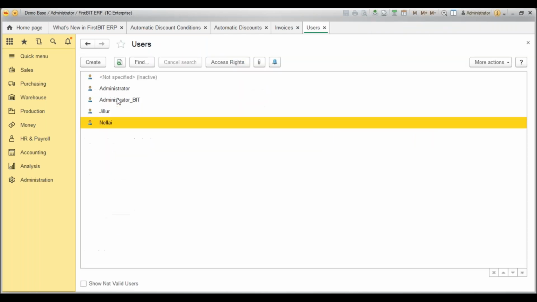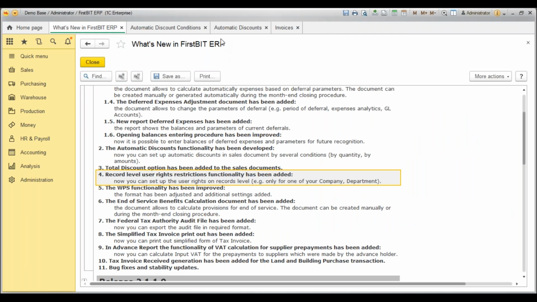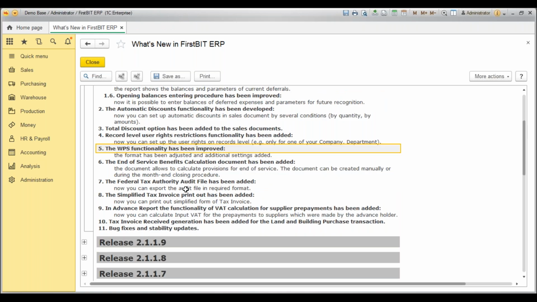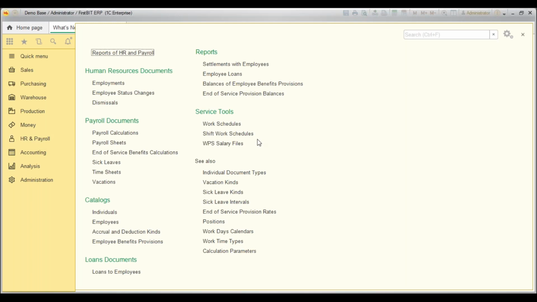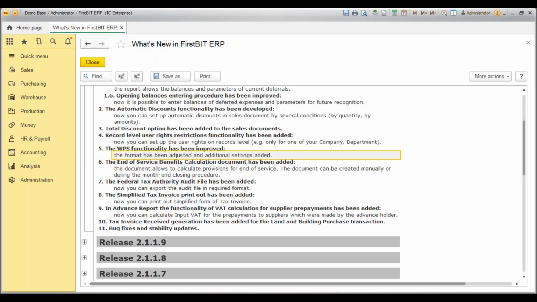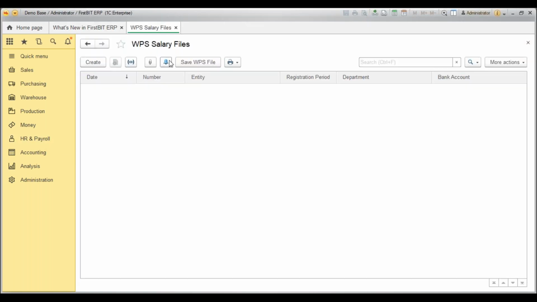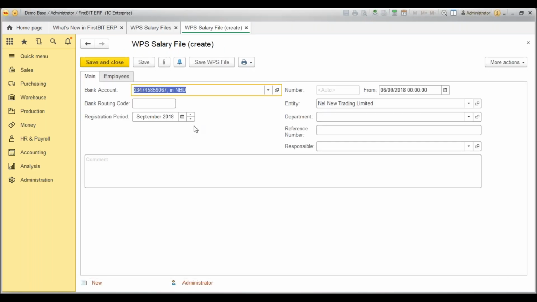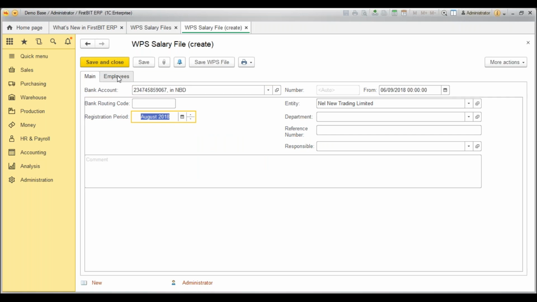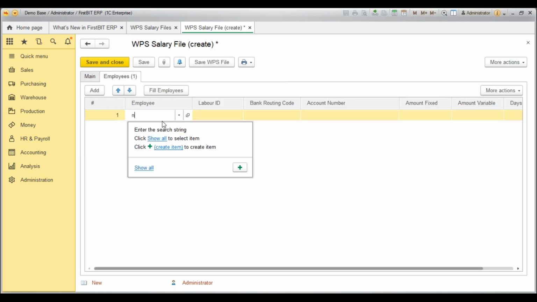This is the user level upgrade. And the fifth point is WPS functionality. WPS functionality is in our system. There is HR payroll, and it's not a major thing because we only defined the standard format. So in the WPS salary files, we have given a new format when you're creating this salary process. When you save any document or employee, it will, for example,